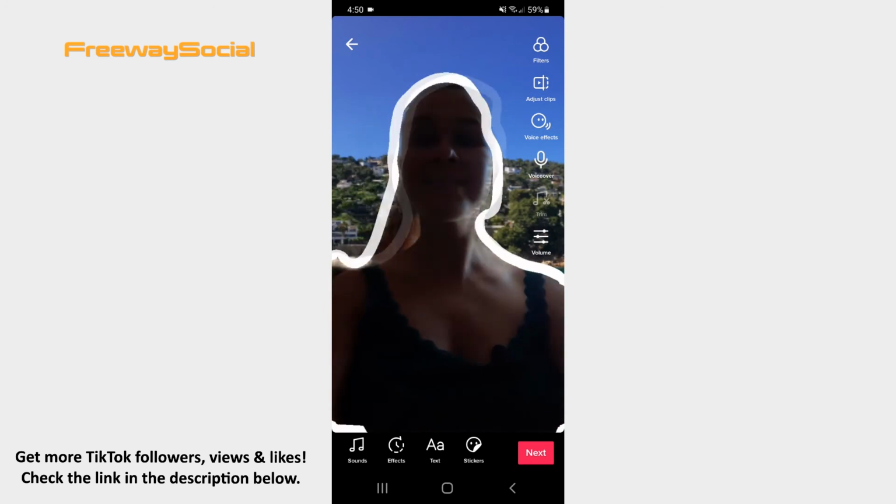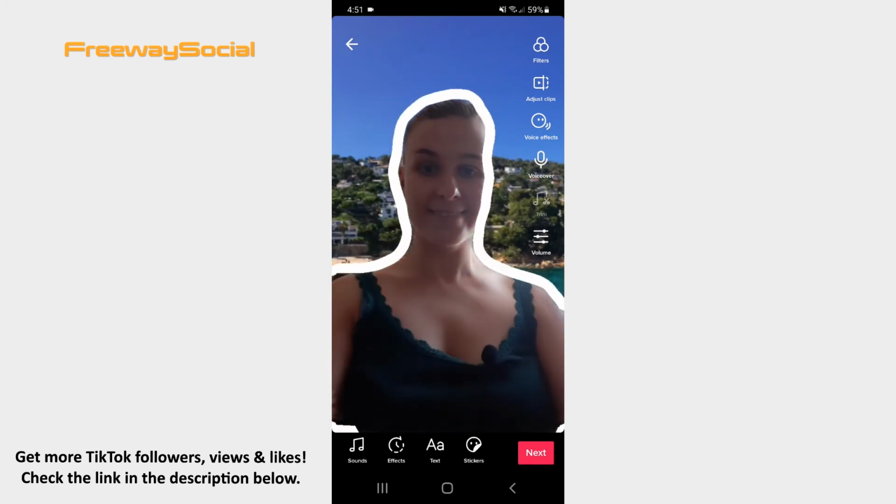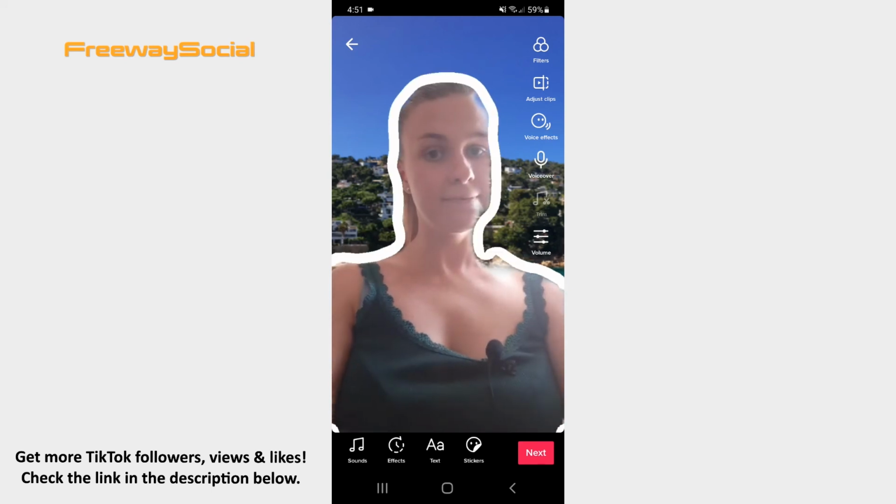Don't forget that you can also add music, insert stickers, apply filters, or write something.